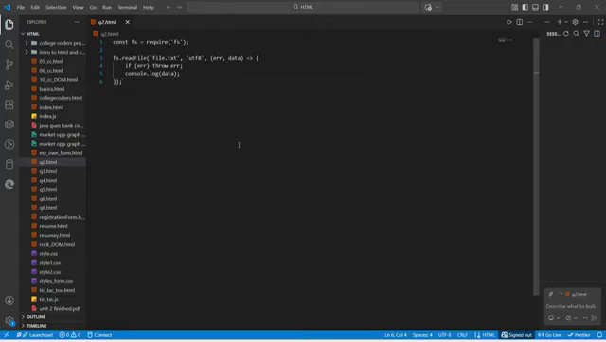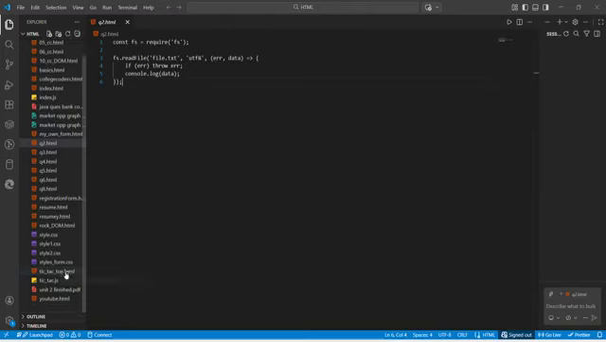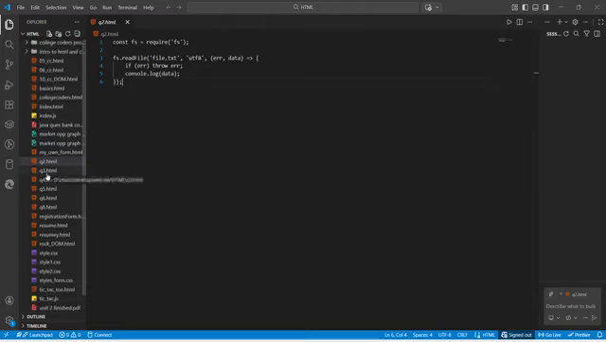Coming to the third question, what is the purpose of the package.json file in a Node.js project? Explain the key properties found in the file. The package.json file is a core component for any Node.js project. It acts as a metadata file that contains essential information about the application